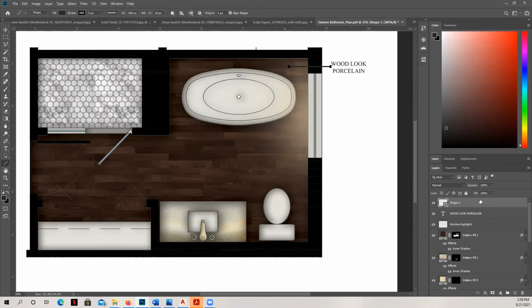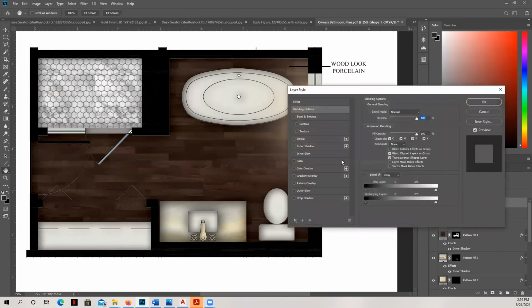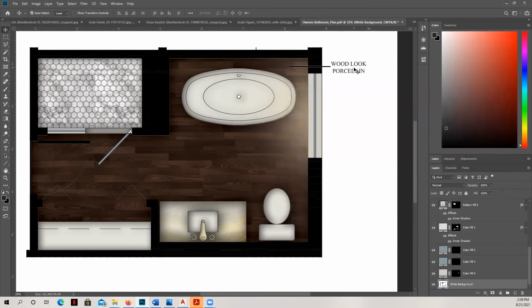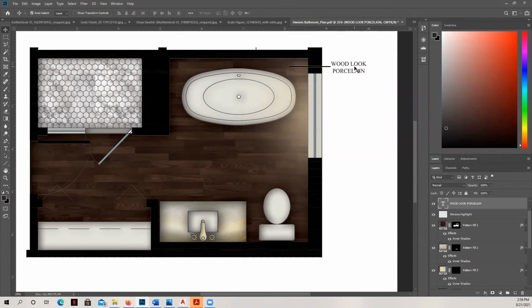And then what's really cool is when I go over here to move it, here it looks okay, but if I was going to put it over something dark, you can also make sure that it has a little outer glow to it as well by clicking outer glow. And then you can see it'll put a little bit of light around that line just so that the viewer can follow it all the way out in case it overlaps the dark wall like that. I'm going to go ahead and move my text box down just a little bit so that it aligns. And that is how you create a leader with text.